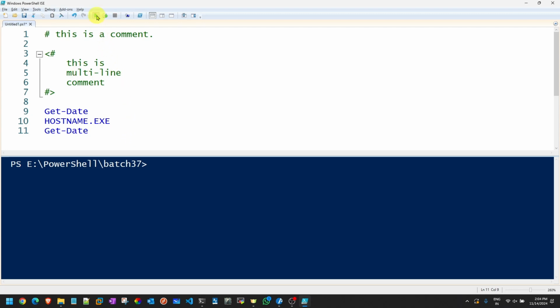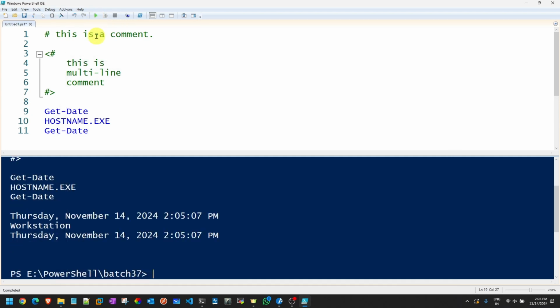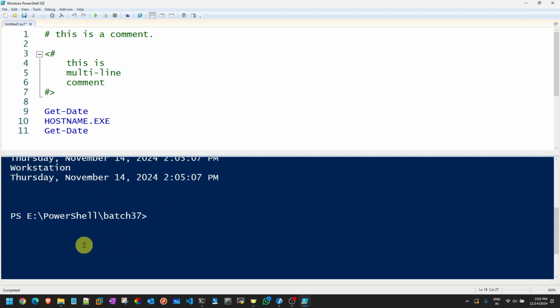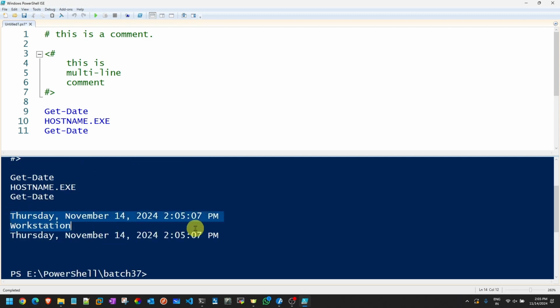If I go with this play button that says run script, or on your keyboard you can press function F5, see what happens. It printed the date, correct? Then it is printing my computer name, the hostname, and then again it is printing the date.